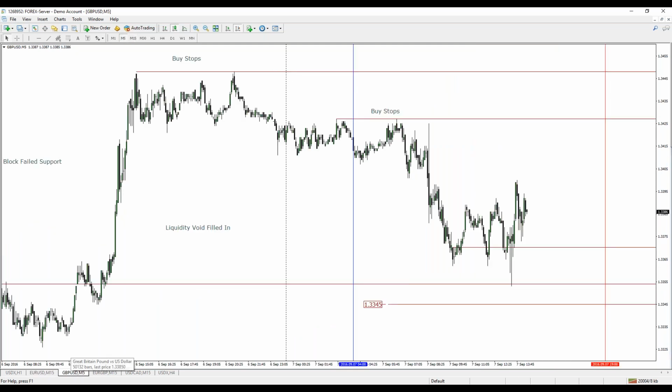Pound dollar still on consolidation. I'd love for it to keep this price structure it has right here with these two equal lows and a run down in here like that. The longer it stays like this and the more consolidation we build in here, the more favorable it is to go long on pound dollar. Not today, but it will give me a buy scenario for London and New York tomorrow. So if this structure can stay in place exactly as it is right now, that will be such a loaded deal for upside. It'll be like taking candy from a baby. You can quote me on that one.